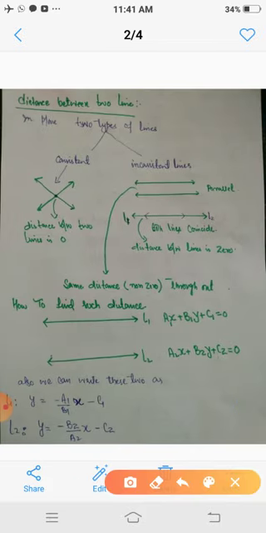The second concept is how to find the distance between two lines. You know that in a plane we have two types of lines: one is consistent and the other inconsistent lines. Consistent means those which intersect at one point, and we have further two types of inconsistent lines: those which do not intersect, meaning those which are parallel, and those which intersect but at infinitely many points,